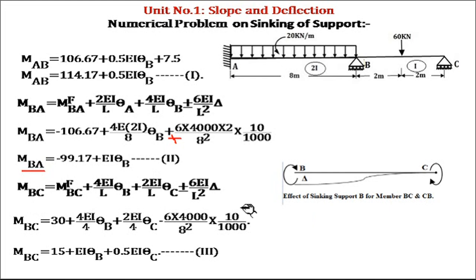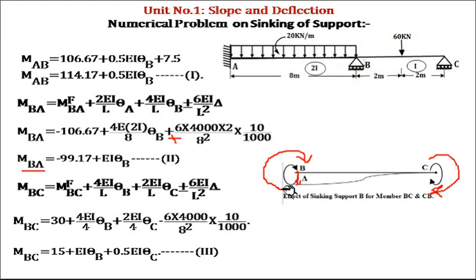This is the slope and deflection equation for the member BC. Okay, now we know the fixed moment in member BC as 30, and the value of I is 1. Okay, now for the member BC, here we have assumed the deflection in downward direction. So for member BC, the movement will be in clockwise direction. Okay, at joint B as well as for the joint C. So at both the joints it will be in clockwise direction.